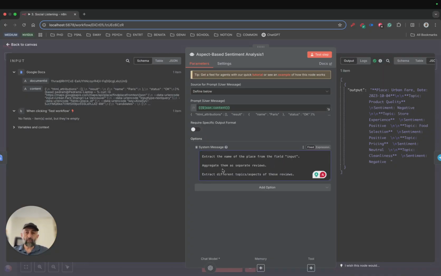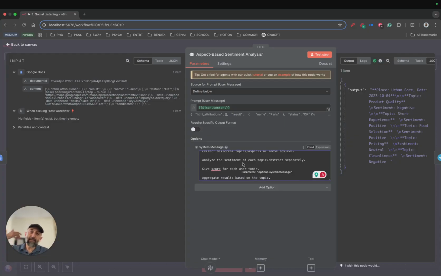Then I told the model: aggregate all the reviews, extract topics for each review, or extract aspects of these reviews one by one, analyze the sentiment of each topic within one body of text, within one review, and give a score for each topic.